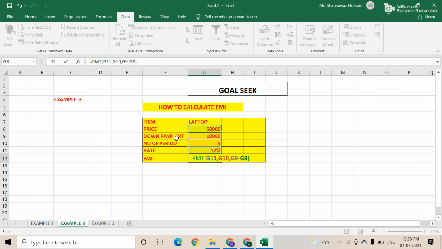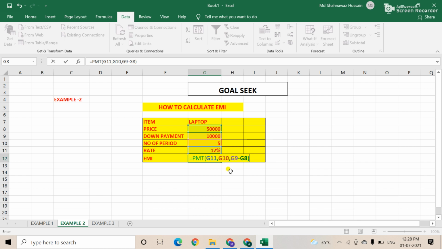After this the down payment is G9, and then minus G8, which is the price. So equal to, and this is within the bracket. Then click the Enter button on the keyboard. Be careful, all of you see, there are commas here: G11 comma G10 comma.